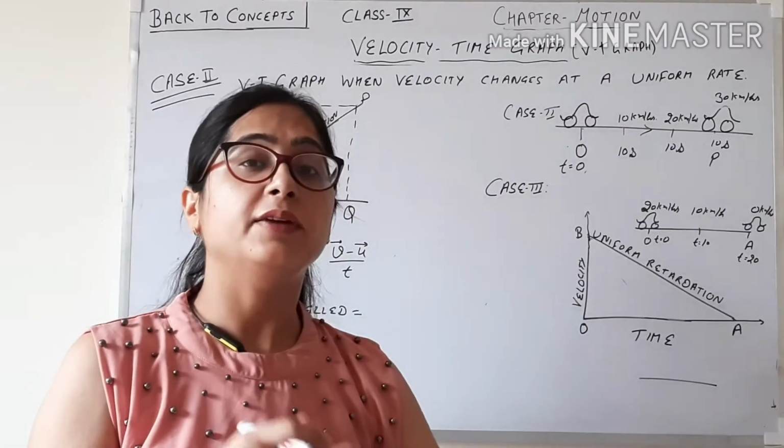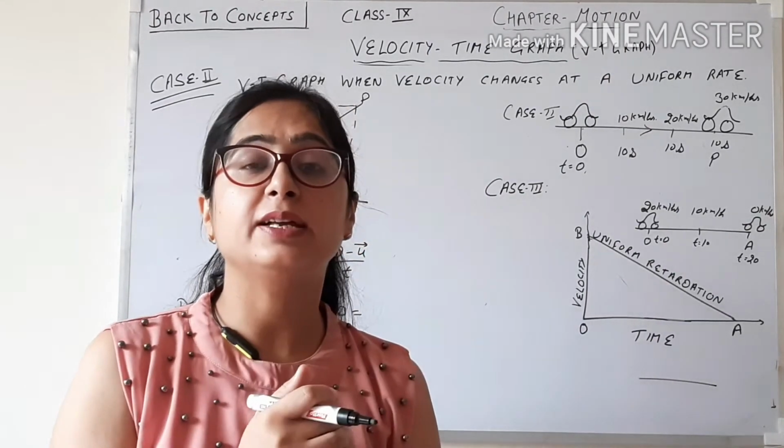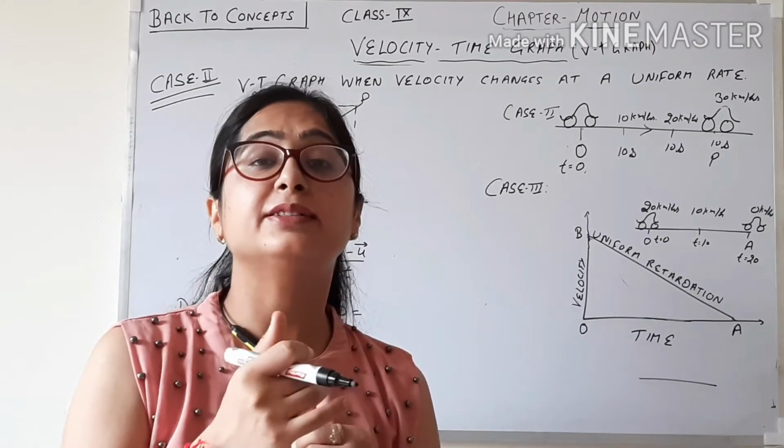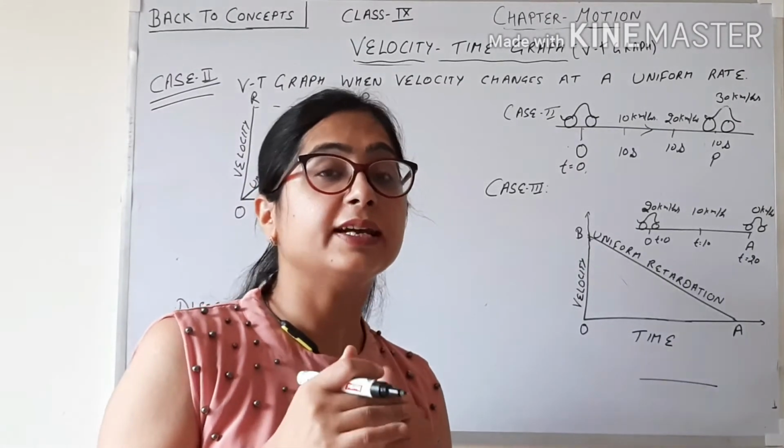Now this is case number 2, when a body changes its velocity at a uniform rate, and we know that when a body changes its velocity uniformly with respect to time, it is known as uniform acceleration. Let's take an example. When a car starts